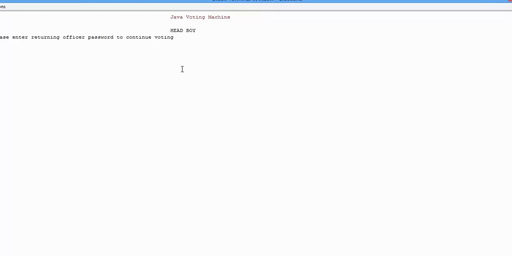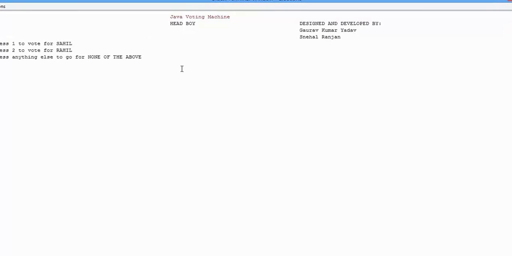Let's enter 2 to vote for Rahil. Enter. We have voted for Rahil. Now just remember the 2-digit password that you have given to continue the voting. Remember? Yes, it's 11. You have to enter this password 11. Enter. Now again the window will open. This will prevent the students from giving 2 votes or 3 votes at a time. It will allow only one student to vote once.